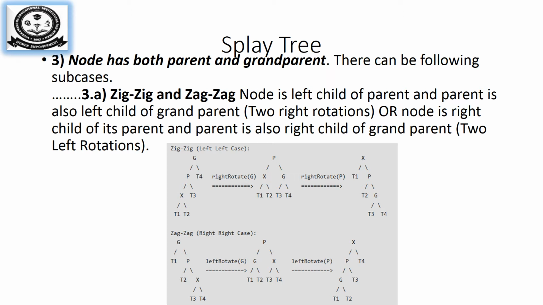Now coming to the zag-zag rotation, which is the RR case. You can see the bottom diagram. The grandparent's right child is the parent node, and the parent's right child is the accessing node. In that case, I have to move X to the root node. When you make it the root node, X's left child becomes the parent node and the parent's left child becomes the grandparent node. So this is zig-zig and zag-zag. We will simply refer to it as a zig-zig rotation. We will not consider the left case or right case separately.